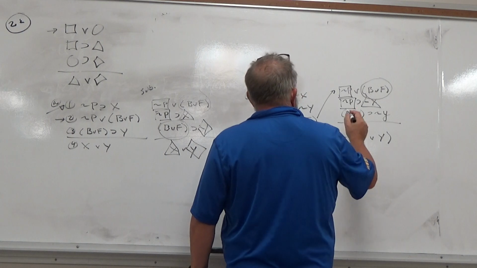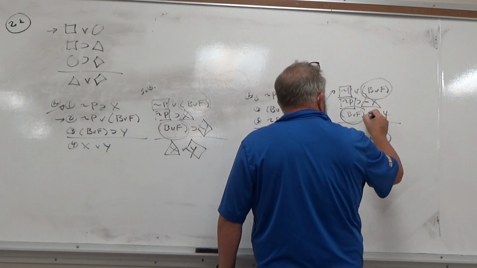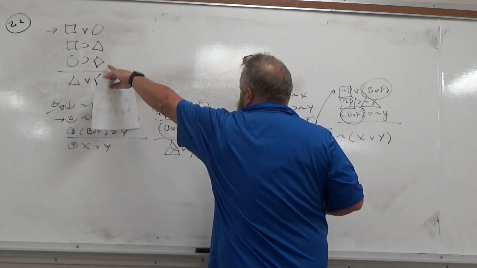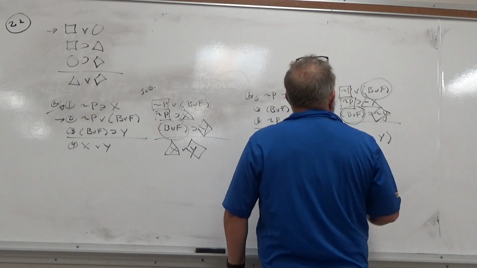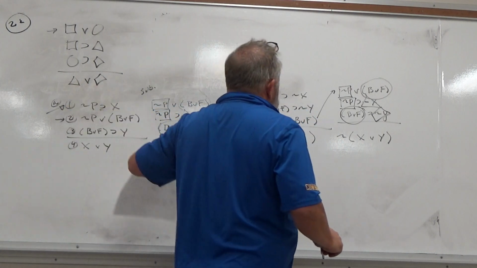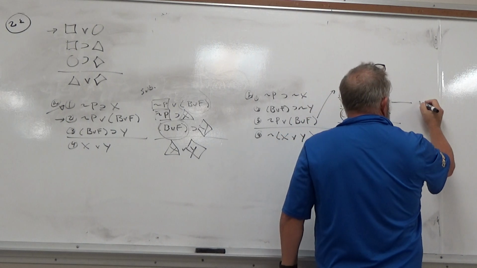Okay. Next line, B or F, which we've already said is a circle. Then not Y. Not Y is not assigned, so let's assign it a triangle. Okay. So now the conclusion is supposed to be triangle or diamond. So now look right here. We have a triangle, which is not